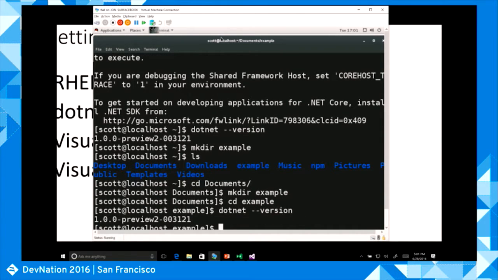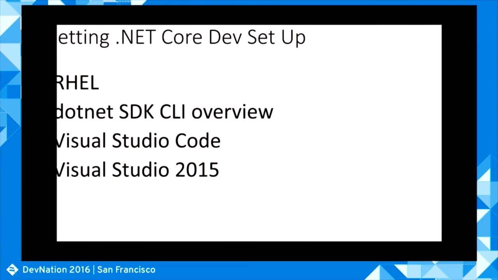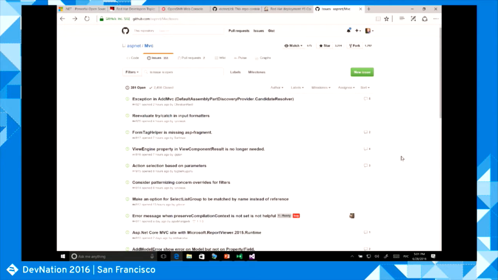And doing that is a quick process. Let me flip back over to a browser and I'll back up a bit and show you where I got that from. So if we go to